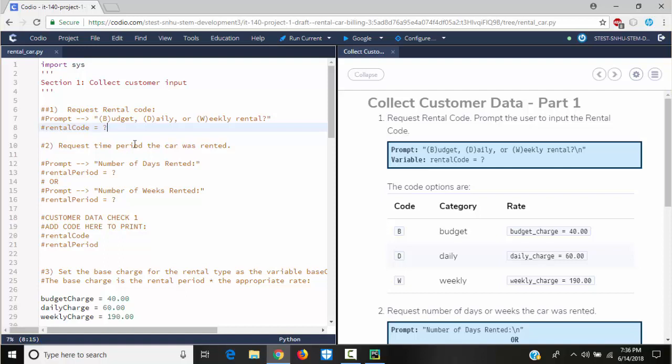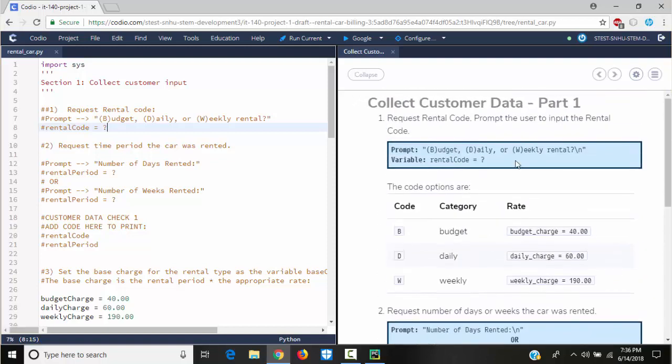If the customer says budget, you ask the customer, okay, how many days do you want it rented? If the customer says daily, you ask how many days do you want it rented? If the customer says weekly, then you should ask how many weeks do you want it rented? So that is what you want to do here.